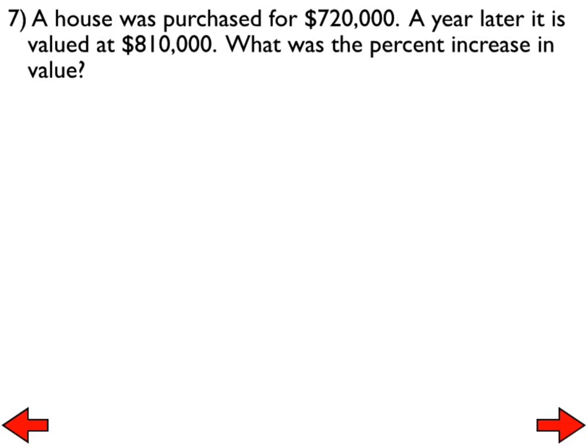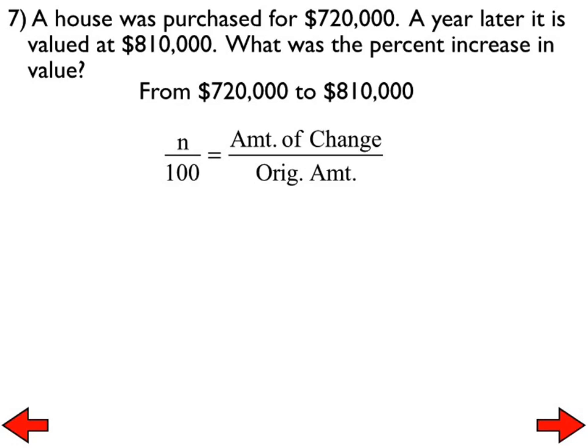A house was purchased for $720,000. A year later, it is valued at $810,000. What was the percent of increase in value? You're finding the percent of change. 7. The house was purchased for $720,000. That is the original amount. Okay? Now, to go from $720,000 to $810,000, that means it changed $90,000. So the amount of change is $90,000, and the original amount is